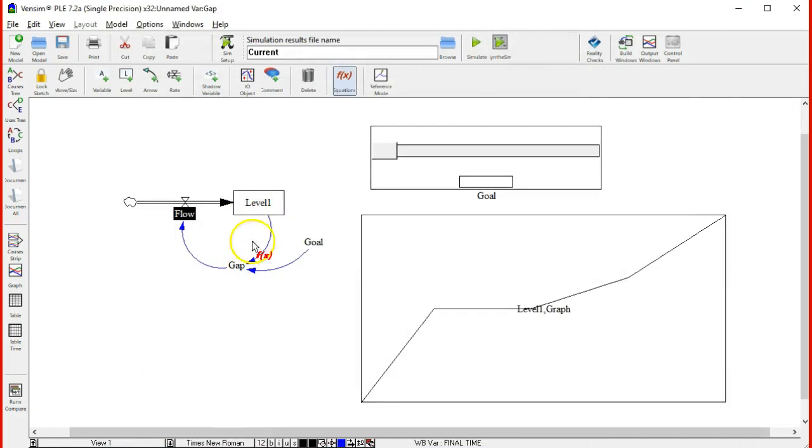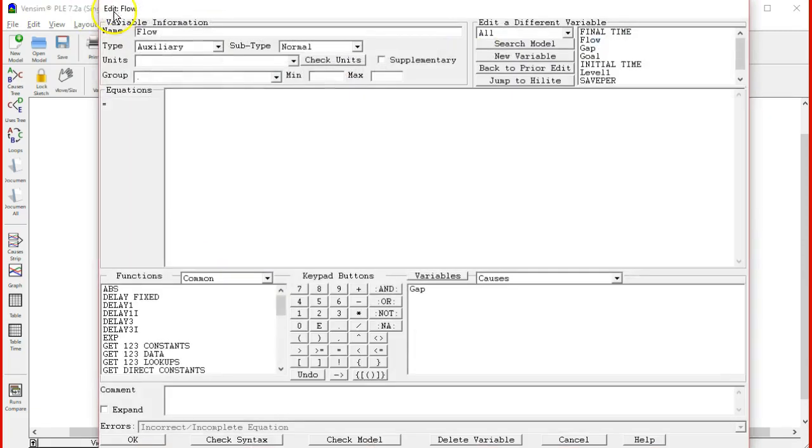Notice how the ones that you have already defined are turning into regular font as opposed to inverse with black background. That means that only flow is pending, and we are just going to use the gap at this moment